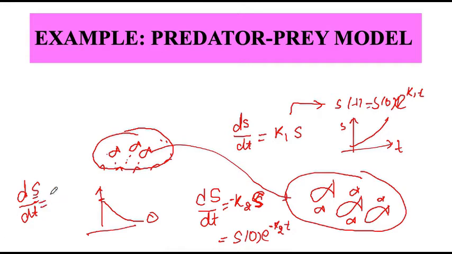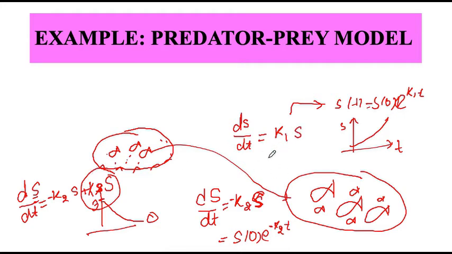So I will write, this was earlier, I will write: big fish come in contact with small fish at some rate k3. Okay, so you will see how the population increases, because they have food to eat, they can multiply and so on. So what will happen to this guy?